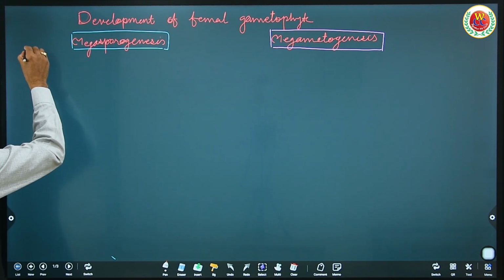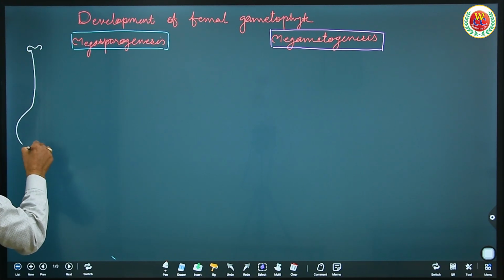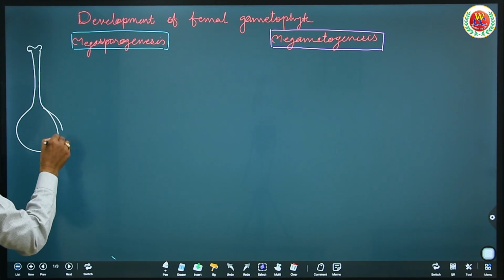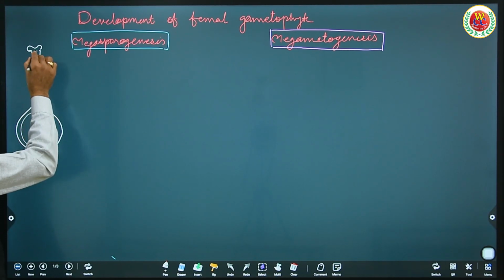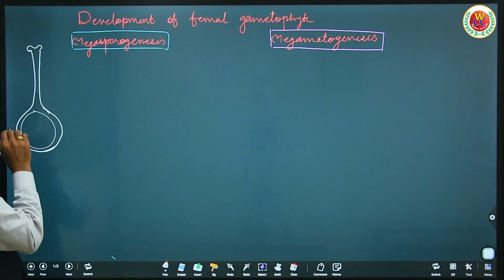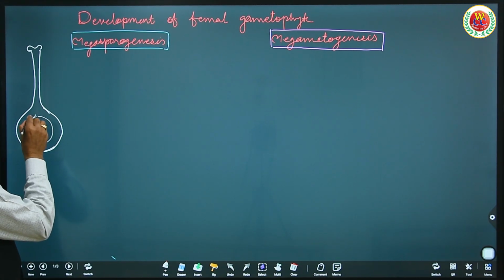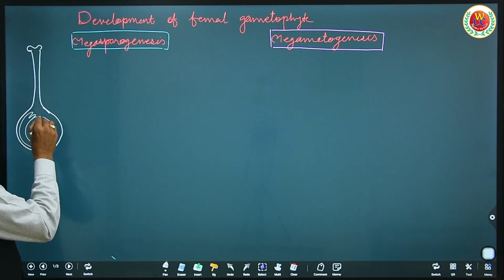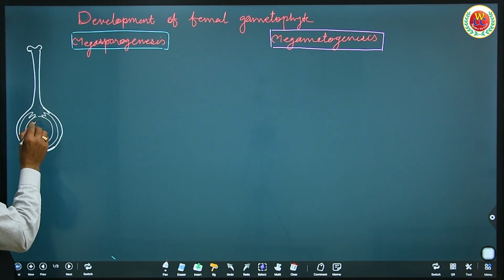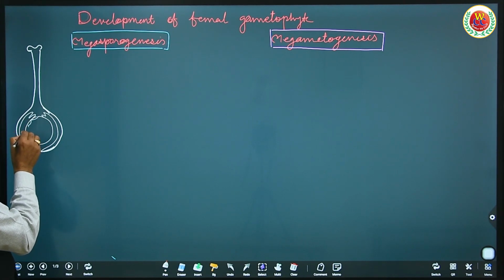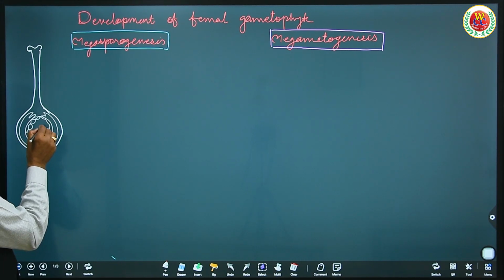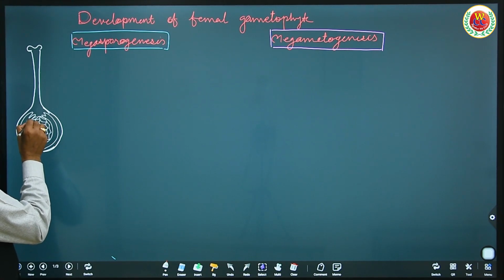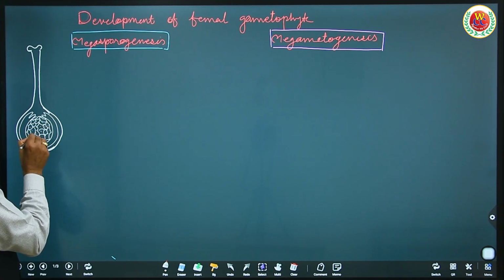the megaspore mother cell is present in carpel. This is ovary, stigma, style, ovary. Inside the ovary, there is an ovule. Here this is outer integument, inner integument, outer integument, and that central part is called sporogenous tissue. This sporogenous tissue is diploid cells with prominent nucleus and dense cytoplasm